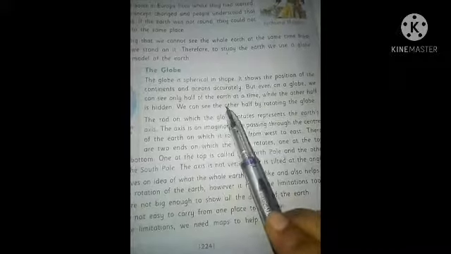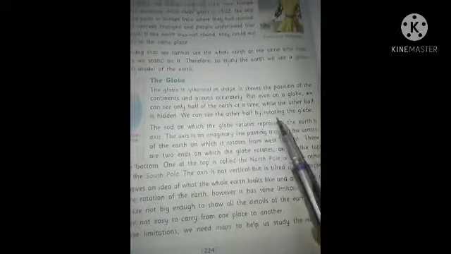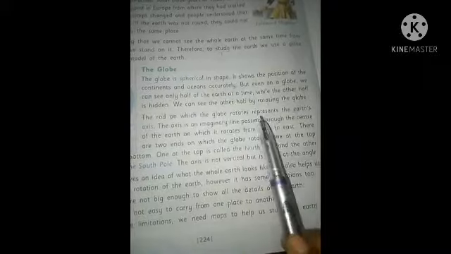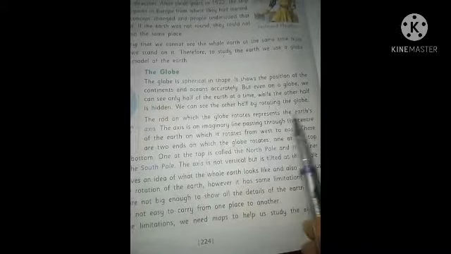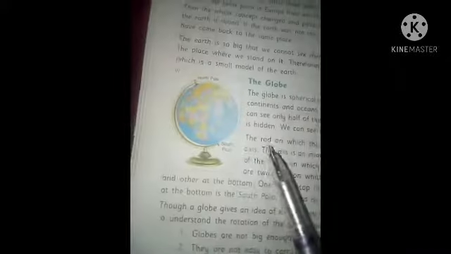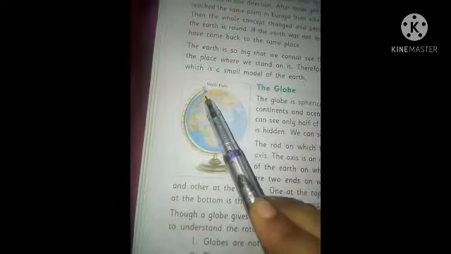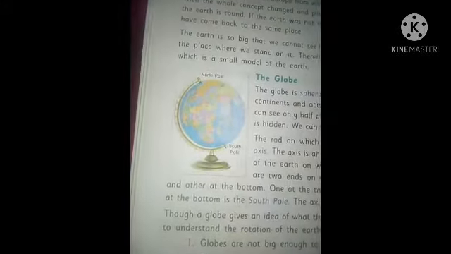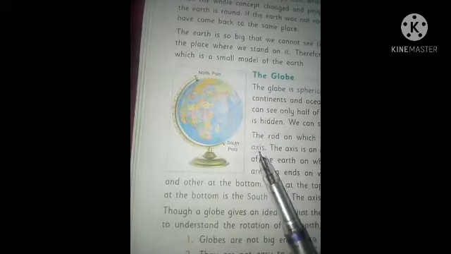We can see the other half by rotating the globe. The rod on which the globe rotates represents the earth's axis. This is the rod.